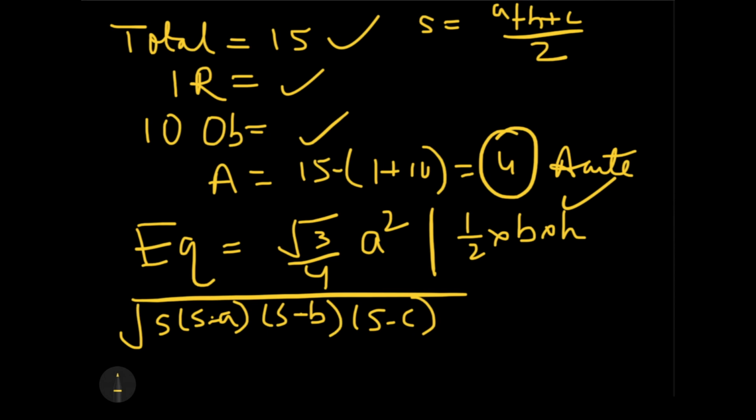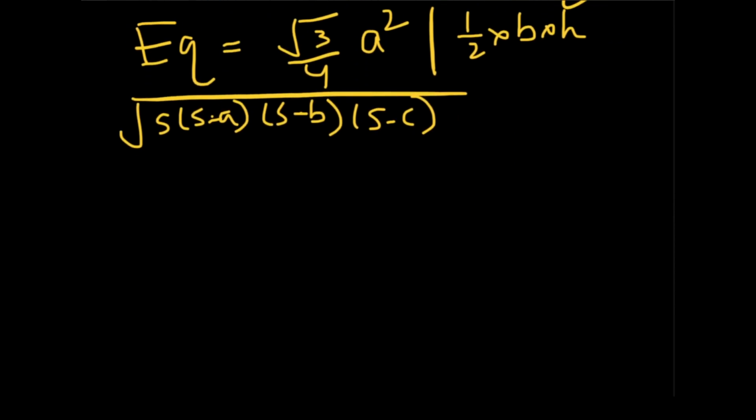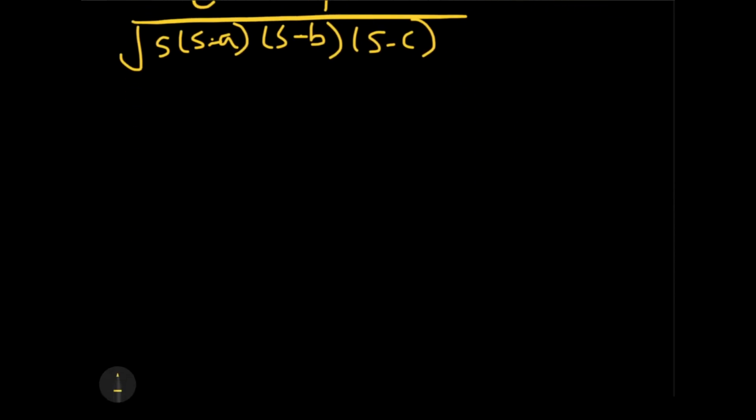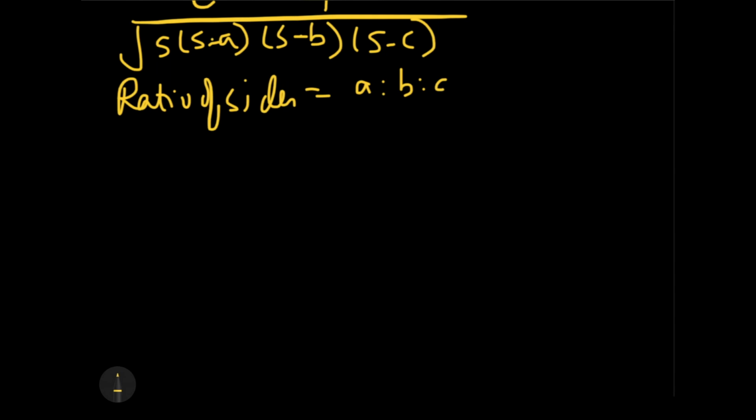Okay, now some serious important tips and tricks for you people, that is related to the ratio of the given sides, okay, to the ratio of the altitude. So always remember in a particular triangle there are some sides and there are some altitudes, and the ratio of the side is always reciprocal to the ratio of the altitudes we have. So just in case you have a question where the ratio of the sides is given to you, okay, as a is to b is to c, then the ratio of the altitudes will become as reciprocal.